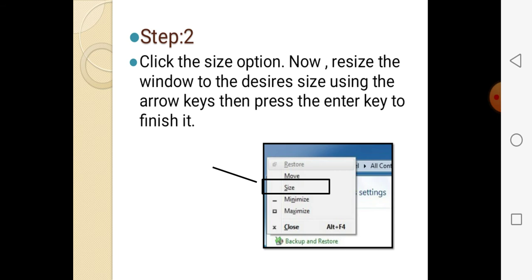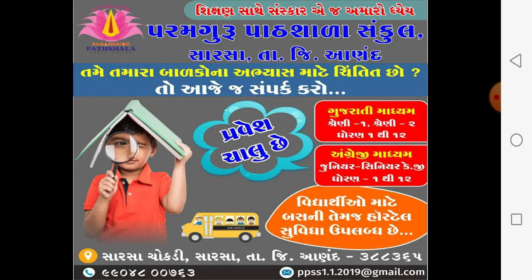so what we learned today, what are the components of the window? Address bar, menu bar, back button, forward button, minimize button, maximize button, restore button and close button, scroll bar, status bar, also moving a window and resizing a window.